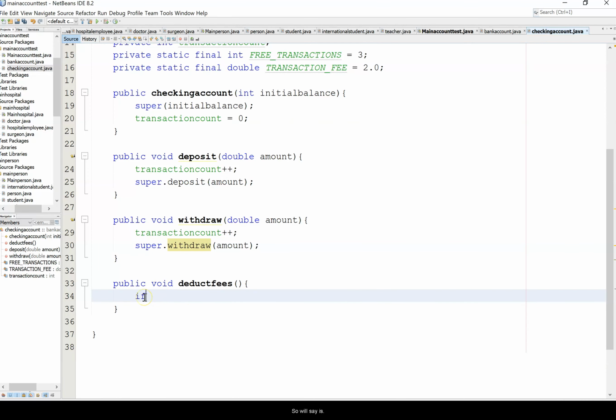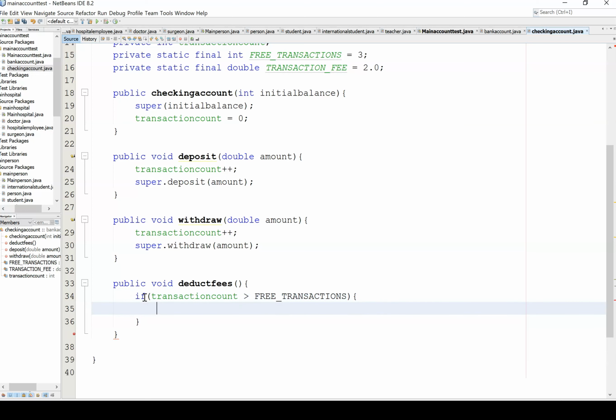We'll say if transaction count is greater than free transactions, then we'll have a double fees equal to the transaction fee times the transaction count minus the free